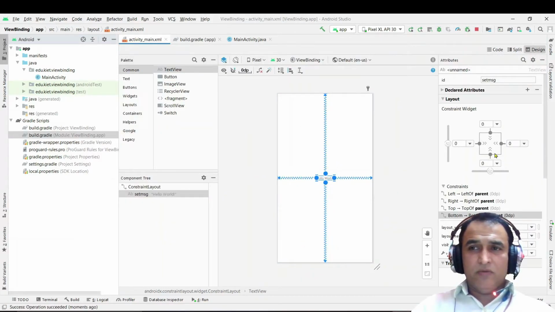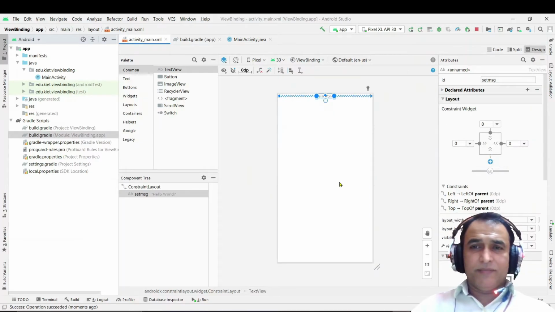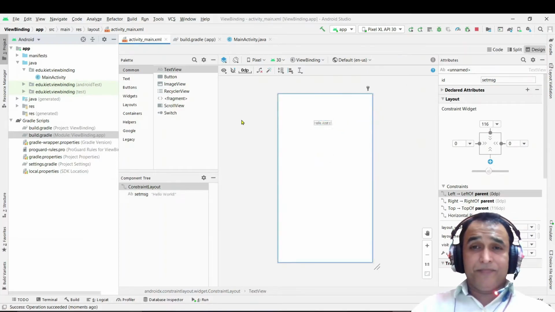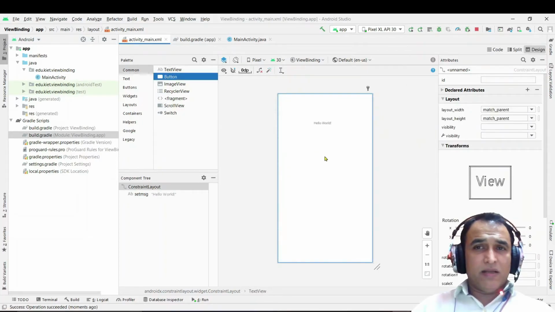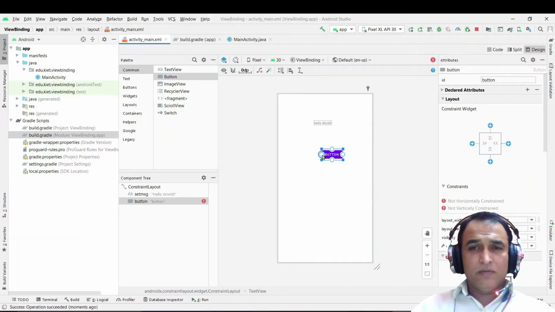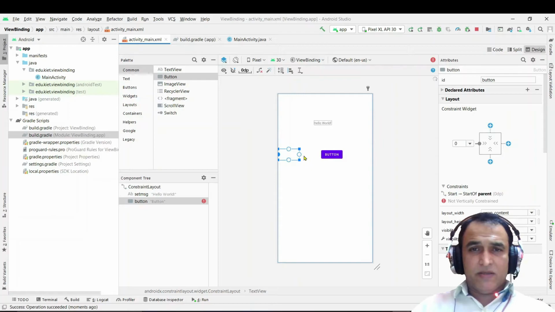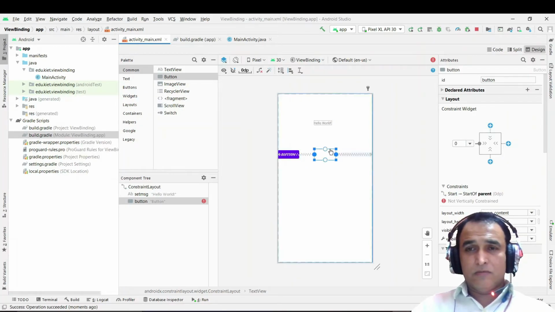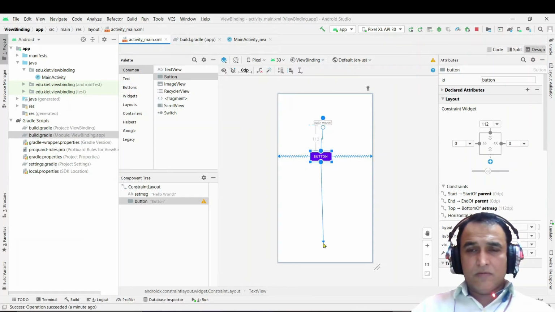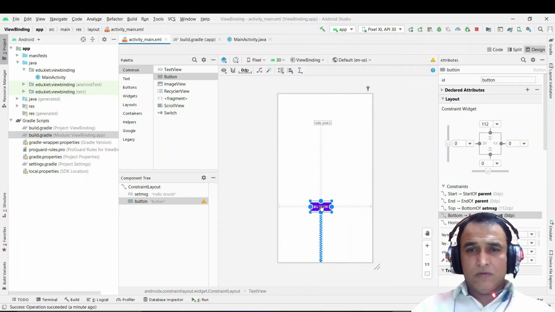If I remove this component from here and put this one upside, and I add one more button like this, and I fix these coordinates like this way.